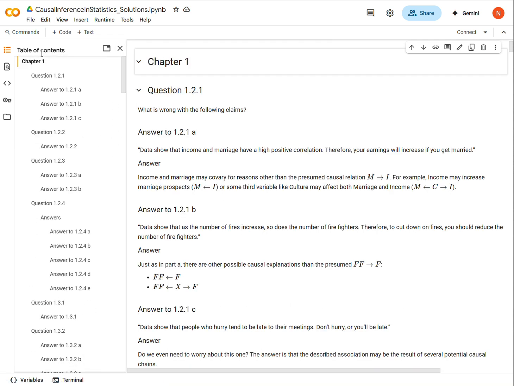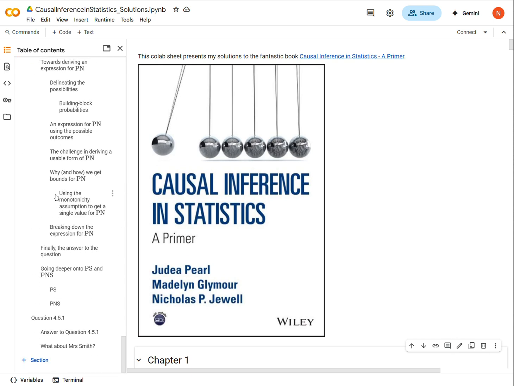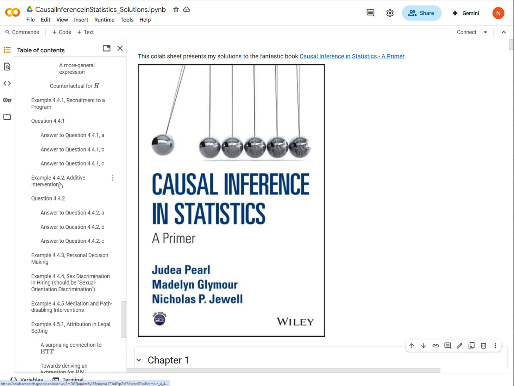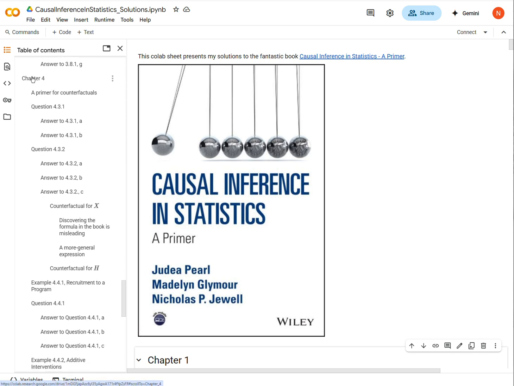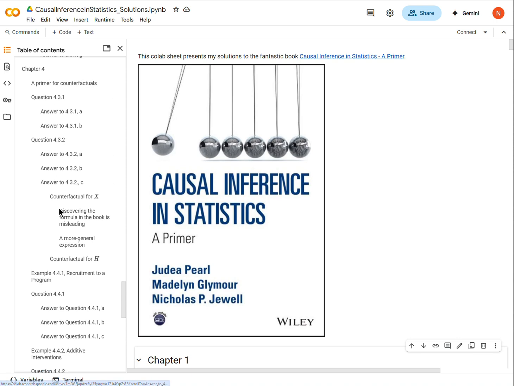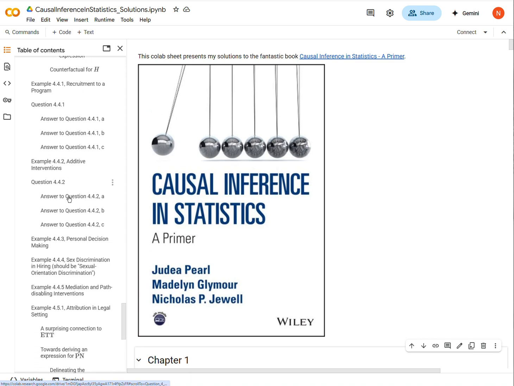the final chapter of this book right here, Causal Inference in Statistics. And we're in chapter 4, which of course is dealing with counterfactuals and different applications of counterfactuals. And so we've gone through some applications already. And then we're going to hit something that's going to be,